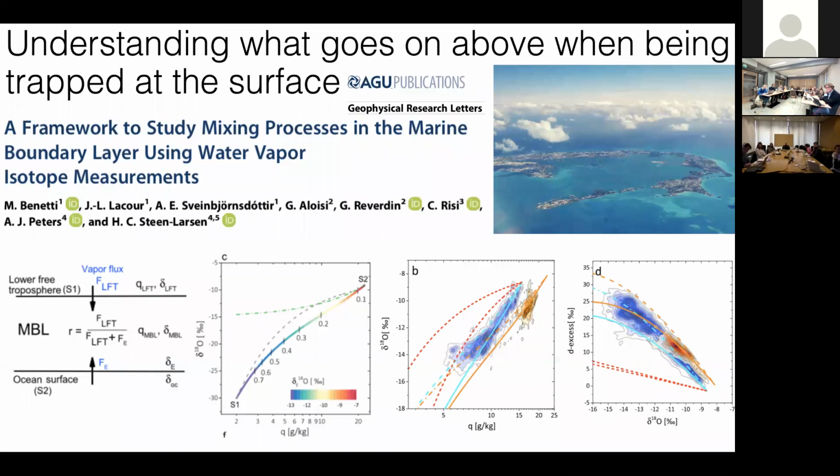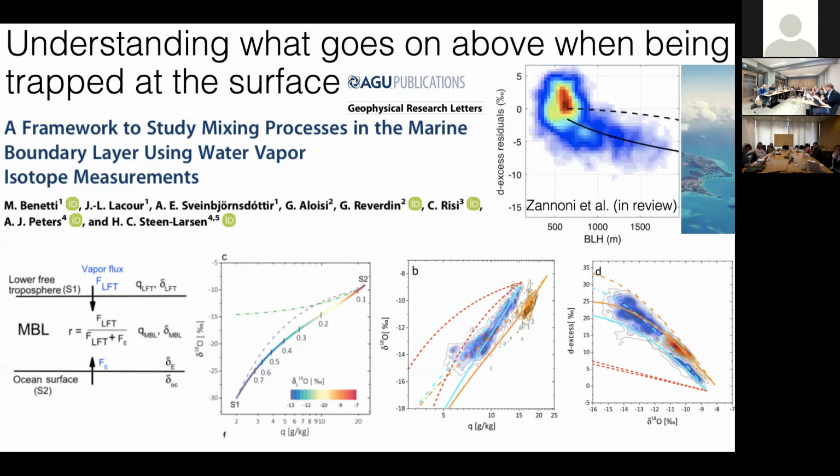Our observations are lying on the dashed blue line for the winter and the solid yellow line for the summer. And the difference between the dashed and the solid line is what isotopic composition we assume for the free troposphere. So in this way, we would have a way to actually give an isotopic composition of the free troposphere vapor on average. And in this figure, I'm showing how we can also say something about the marine boundary layer height. So this is showing the residual between the DXS versus